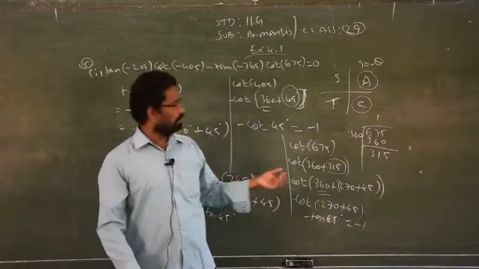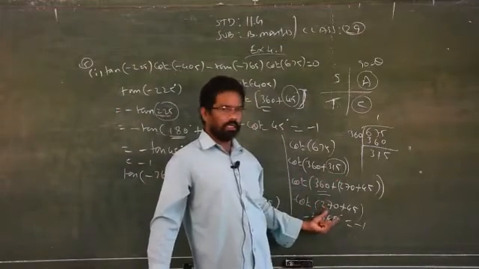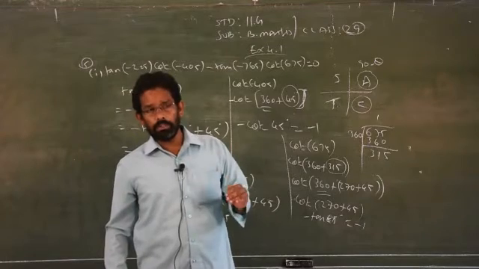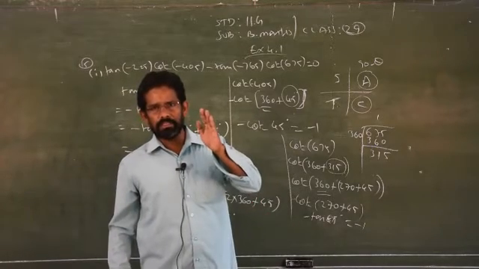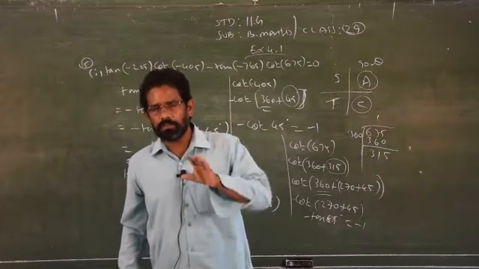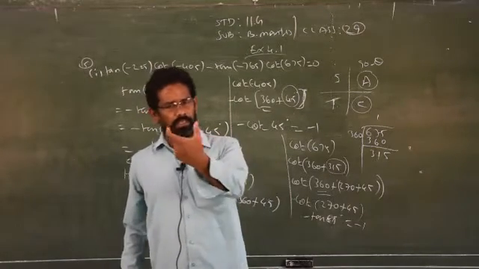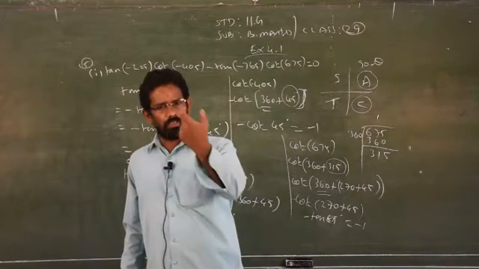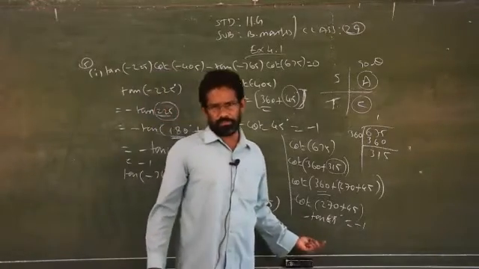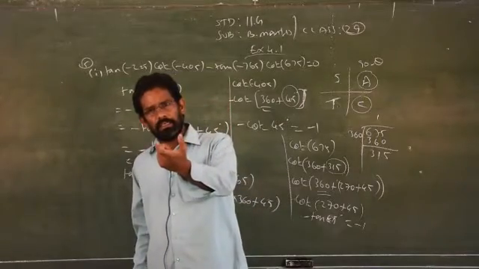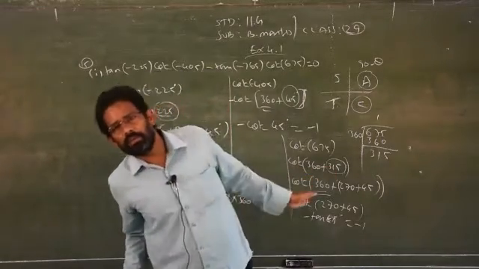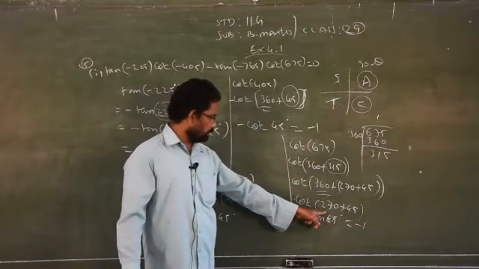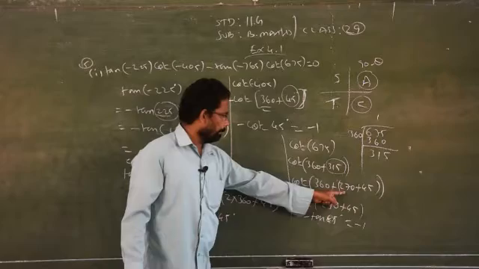And if you express that remaining angle in terms of 270 or 90, then you have to change the ratio also. Clear? So you have to spend more time. Please understand the concept. With 360 plus, doesn't matter about 360, you have to see the remaining angle. Based on which quadrant the remaining angle falls, the sign will change. And if you express the given angle in terms of 270 or 90, you have to change the ratio also. See, I changed the ratio because I expressed this 315 by 270.